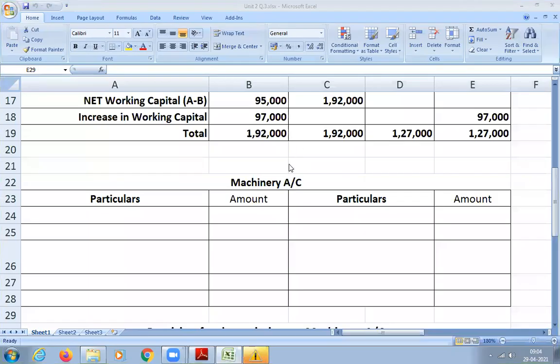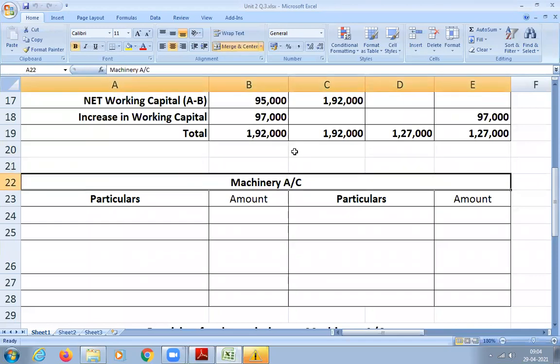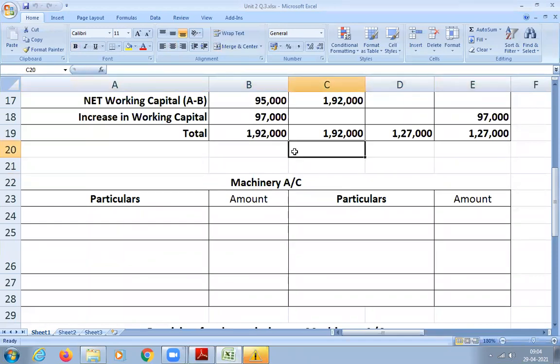Yeah. So as I said yesterday, we have to prepare the ledgers whenever the transactions in the balance sheet or in the adjustments are not clear, or you're not able to find out why something is increasing or decreasing, even after considering the adjustments. Those are called hidden transactions. So we have to find out the hidden transactions.